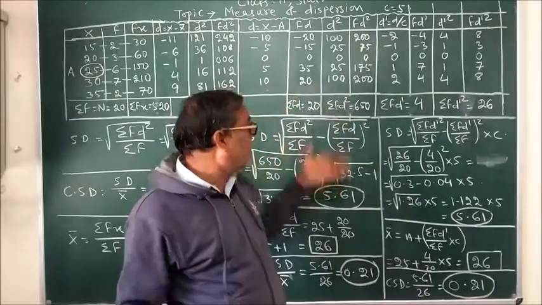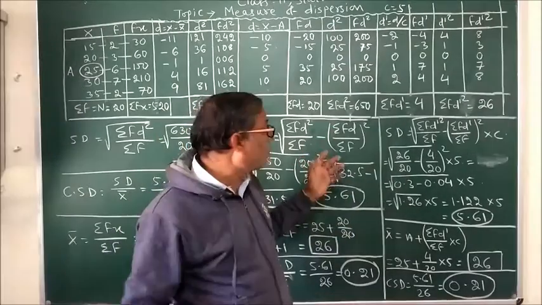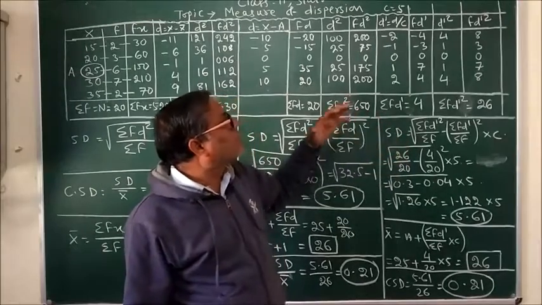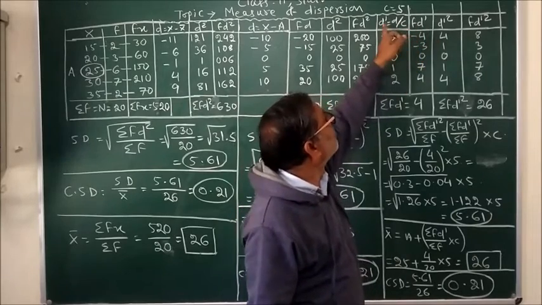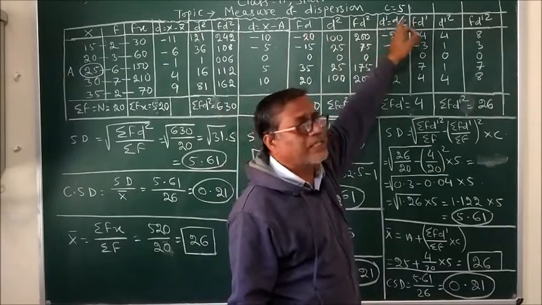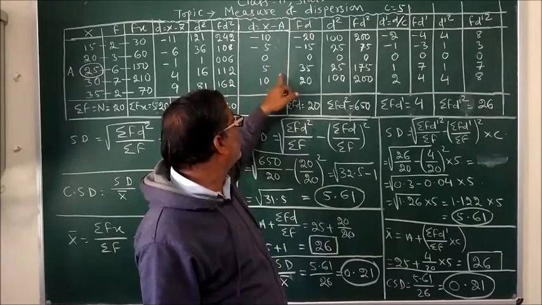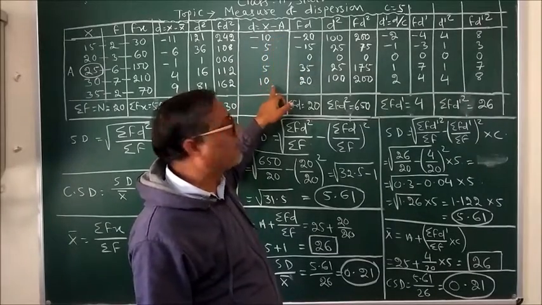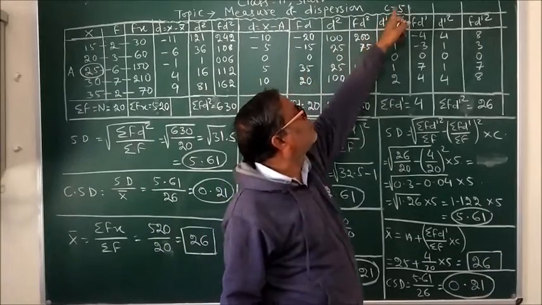So this is how to calculate standard deviation using the shortcut method, and there is not much difference between the shortcut and step deviation method, because in the step deviation method we actually minimize the value of D and make a column of D1. How to get D1? By dividing D with a common factor C. Common factor means the number that can be divided equally into all the values of D. So 10, 5, 5, 10. So 5 is a common factor that can divide all the values. Hence we took C equal to 5.